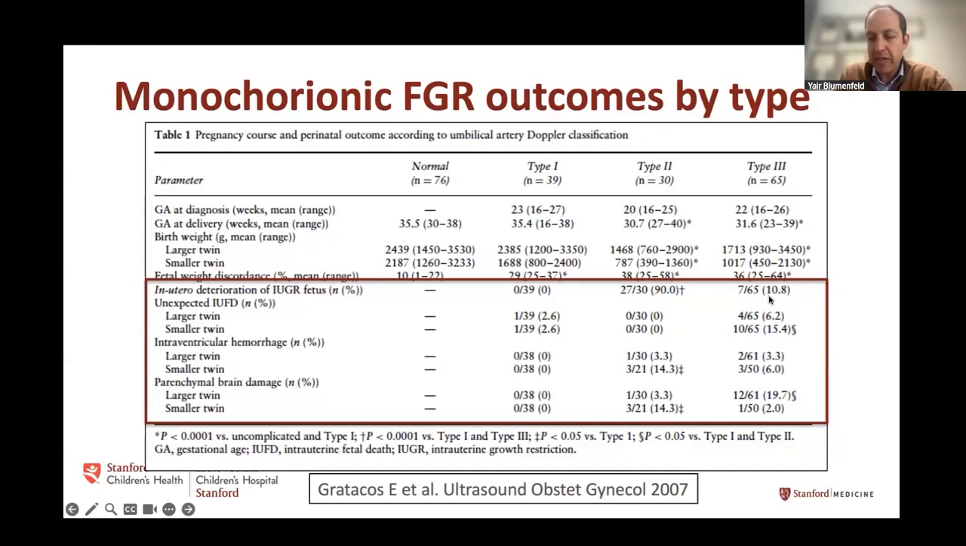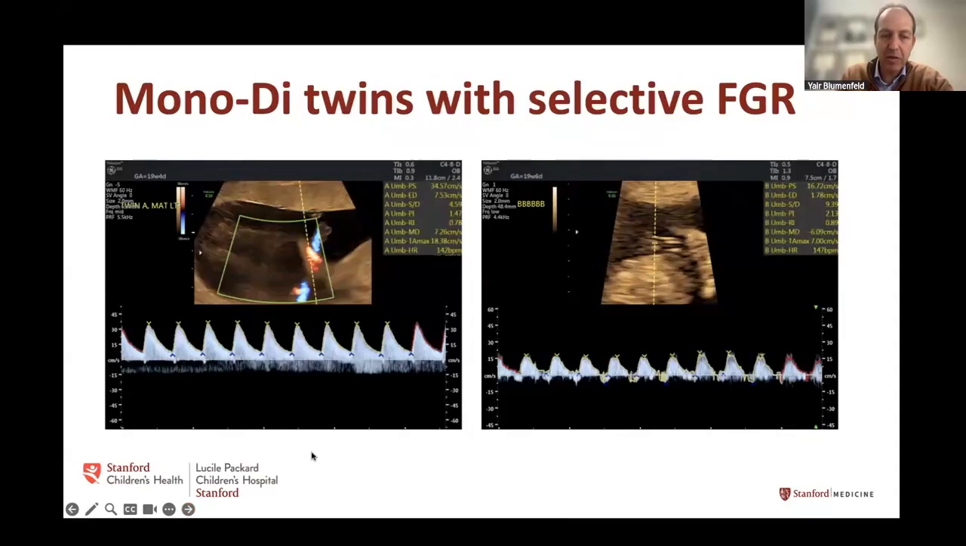But this was really the surprise. These type 3 that just had intermittent abnormal Dopplers, here you can also see this intraventricular hemorrhage, and you can also see this brain bleed and also some IUFD, suggesting that it's really a labile group. And this really propagated many studies and subsequent areas of inquiry,